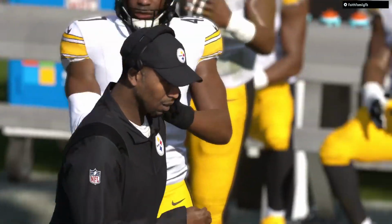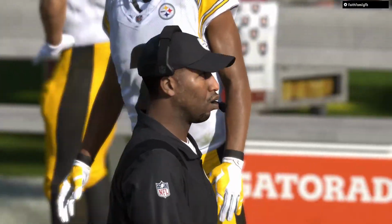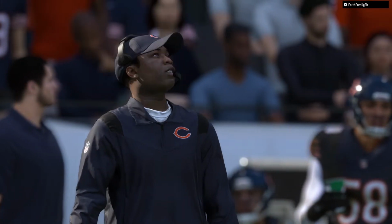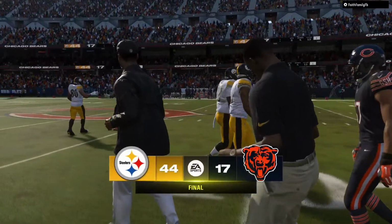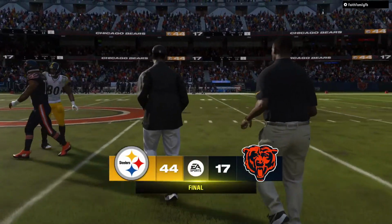So this one in the win column for the Pittsburgh Steelers. And really, it looked at times like they just had this one in cruise control out there. Yeah, they deserve a ton of credit because you and I both know, heck, they knew. This is a tough place to